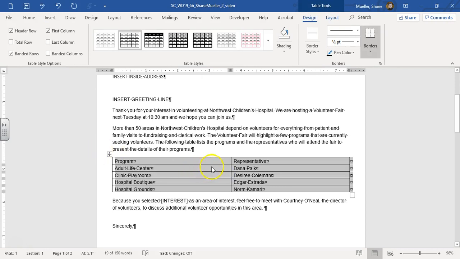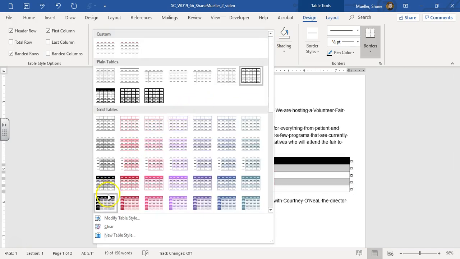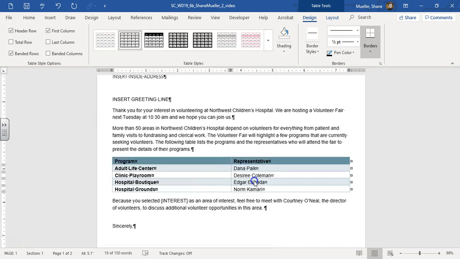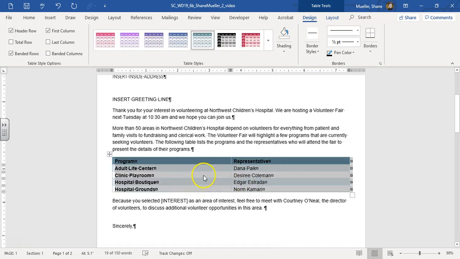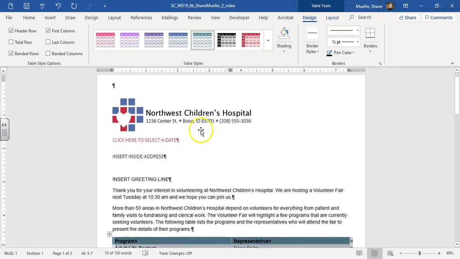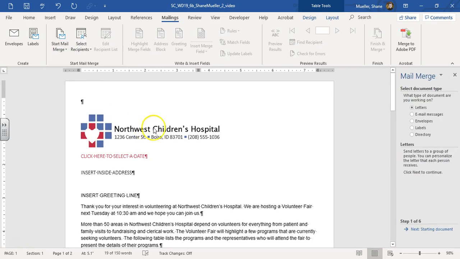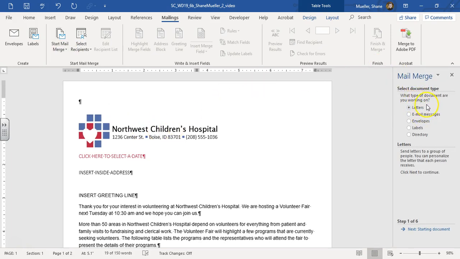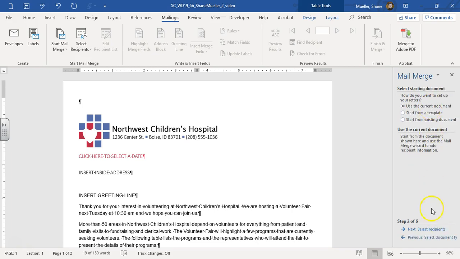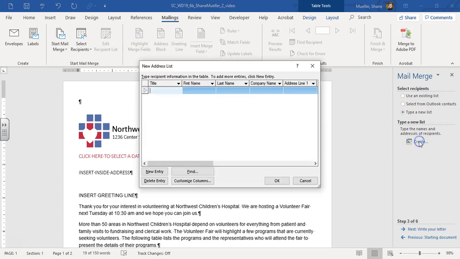We're going to go ahead and apply the Grid Table 4 Accent 6 style. So here's our Grid Table 4 Accent 6, way over here at the end. Alright, and now we're going to start our mail merge. So the Mailings tab, Start Mail Merge, Step-by-Step Wizard. We're going to use Create Letters. We're going to use the current document, and then we're going to type a new list, create that list,